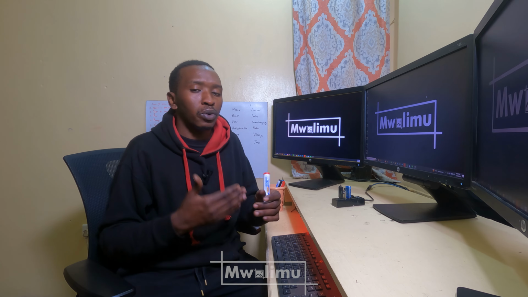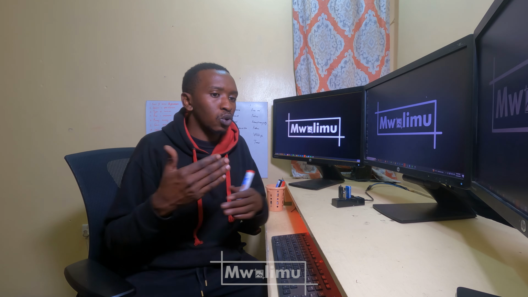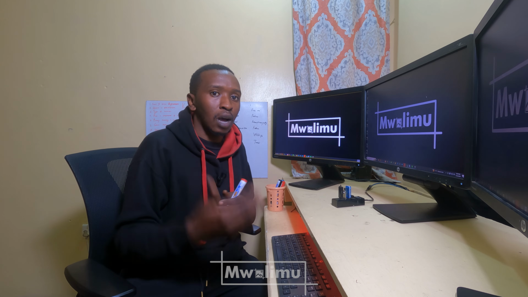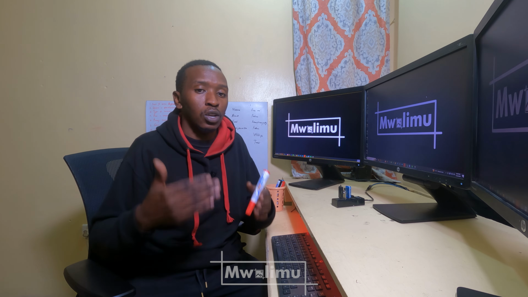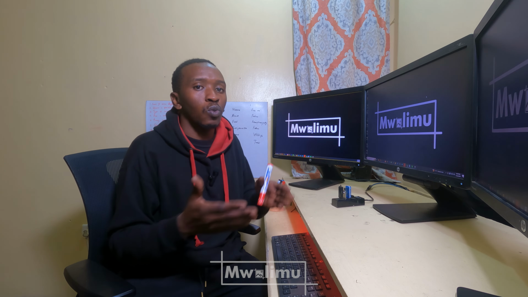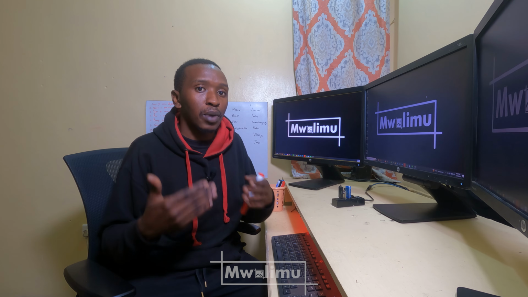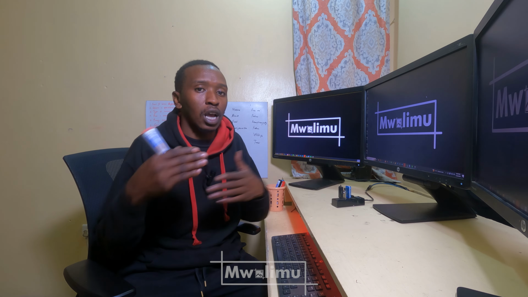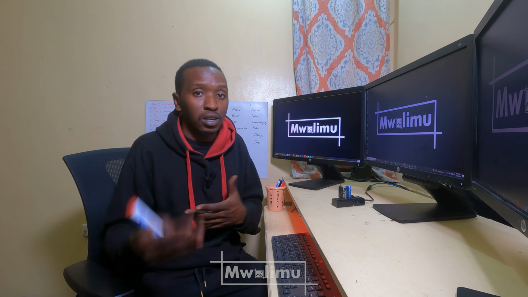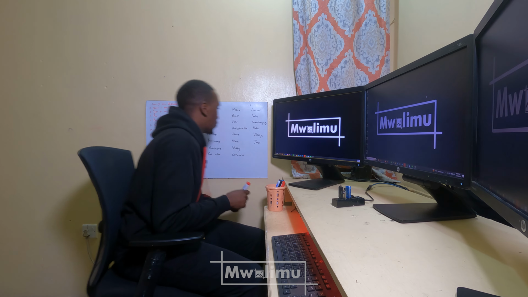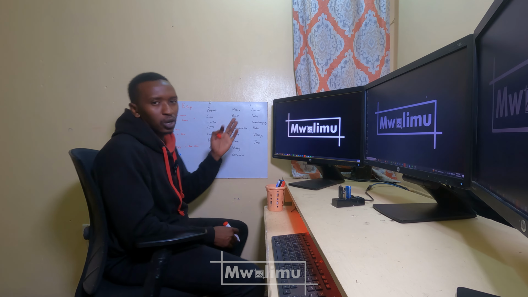For example, if you're already a sports person and you go to watch maybe a soccer match every other weekend because you love soccer, and you get a camera, it is very easier for you to get into sports photography than getting into wildlife photography. So without further ado, I'm going to explain a few genres of photography as I have listed here on my whiteboard, and maybe guide someone who's getting into photography on one of the types of photography that they can maybe have interest in trying out. So without further ado, let's go to my board. So I have them listed here, I think more than 20 of them.